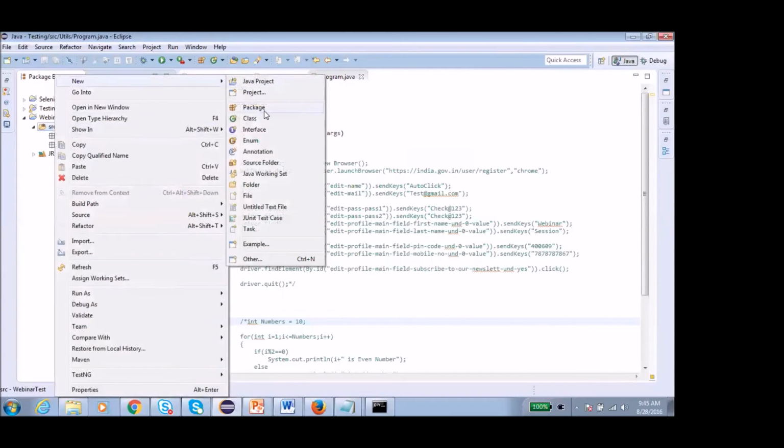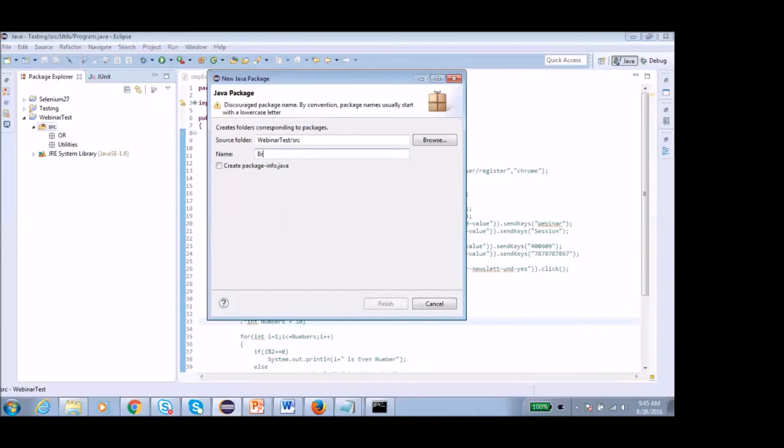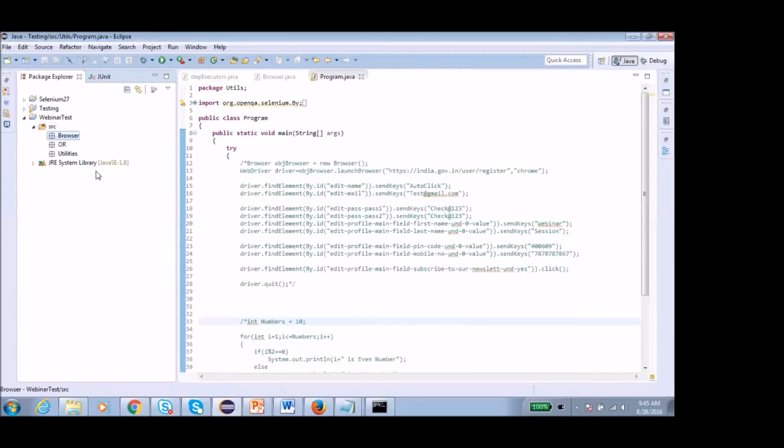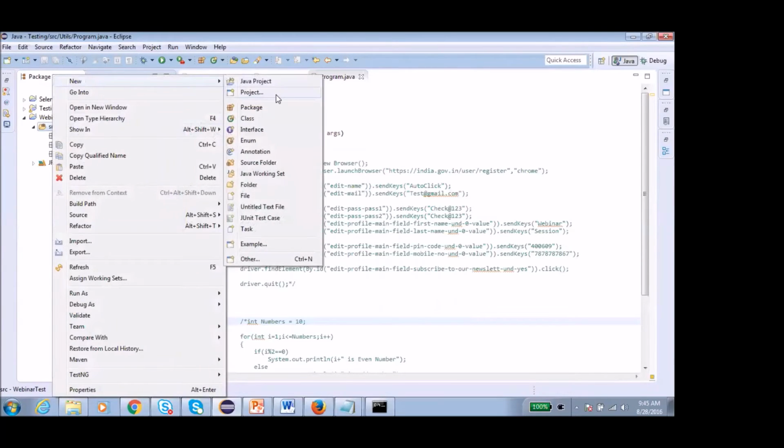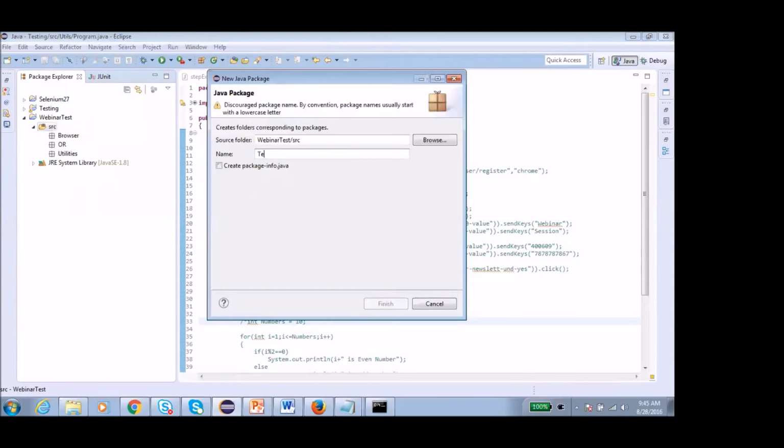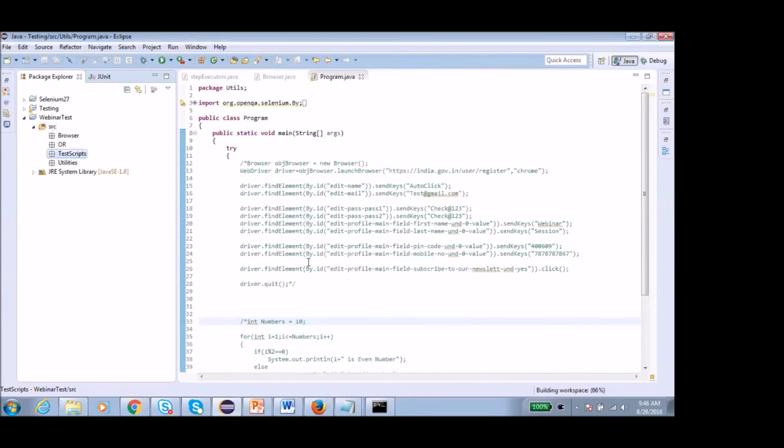Third, I want to make a separate package for browser. This is also not dependent upon any application. And last but not the least, the test scripts. If you have worked on Quality Center or any test management tool, you can see that we have a folder test scripts where we keep all the test cases.